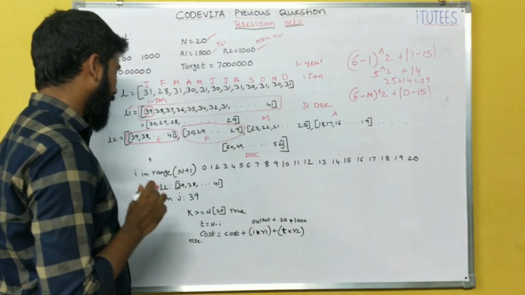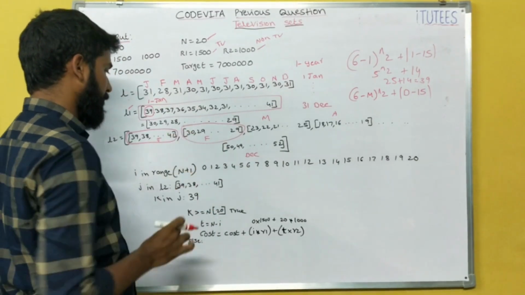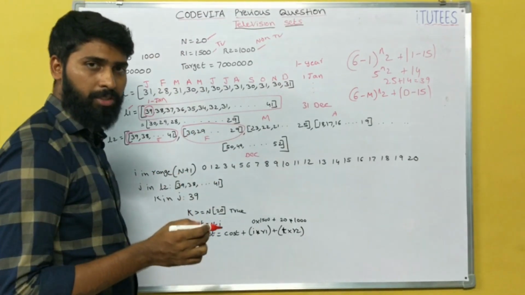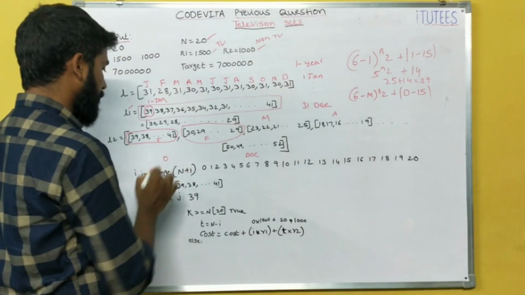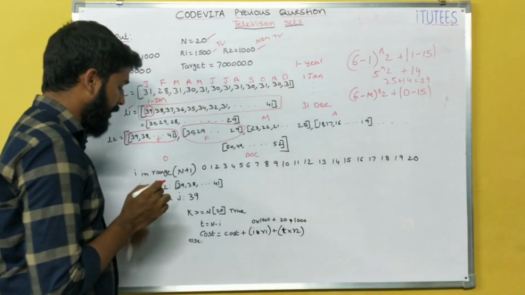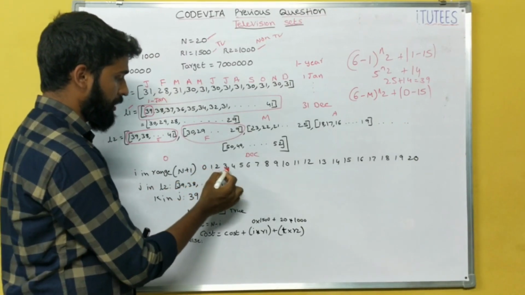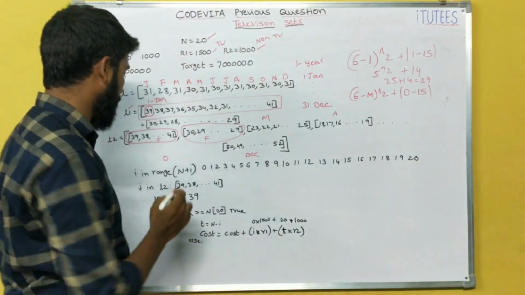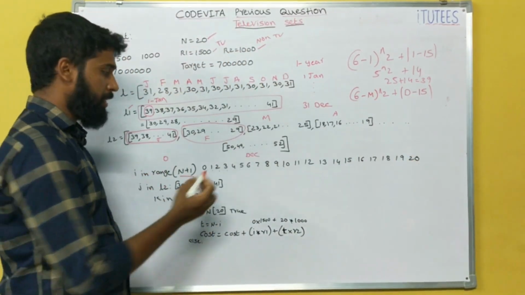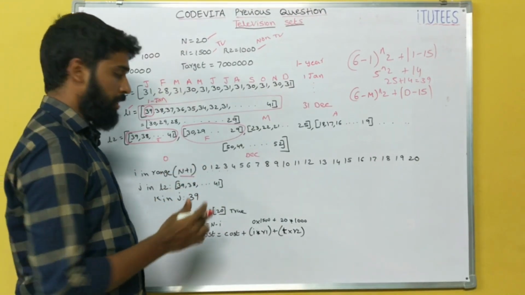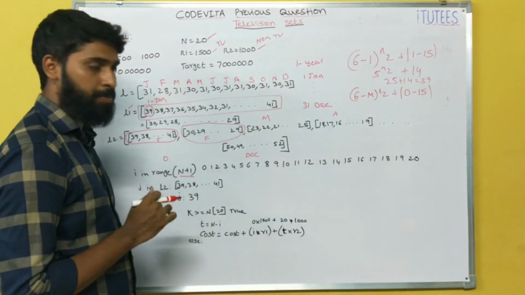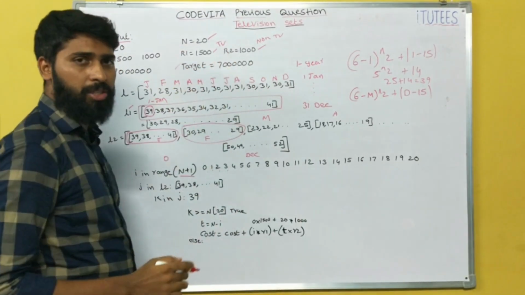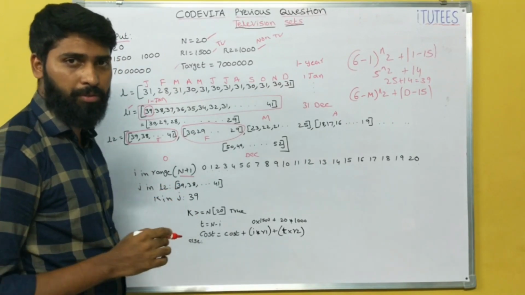So after that I am going to assume that the number of televisions is 0. So that means first I am taking 0, next iteration 1, next iteration 2, next iteration 3, up to, I can assume, n. So that's why I am going to use n plus 1. That means in the first condition I check that there is no TV room in the hospital and I can calculate the cost. If the cost is greater than this target, then there is no necessity of TV rooms.